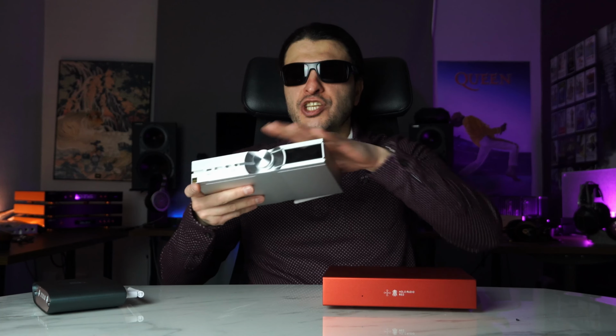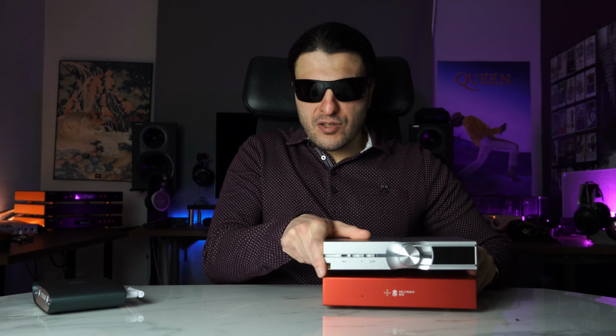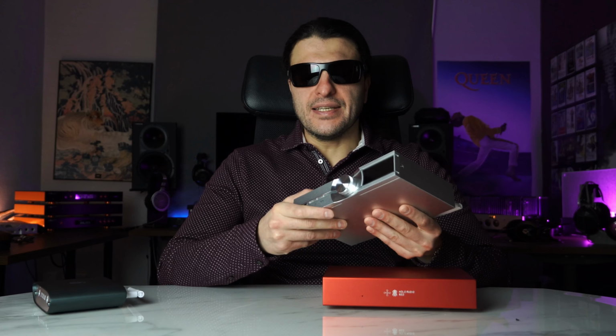Setting that aside, then we have the Neo Stream, slightly bigger and pretty much the same size as the Red, quite a bit lighter, but this one is more intriguing than these two. These two are a lot more similar, except this one has a little bit more functionality, which we'll get onto in a minute. This one is just a streamer, nothing else. You connect your drive. I will discuss its functionality in the next section, but this one is just a streamer. This one is a streamer and DDC, digital to digital conversion. This one